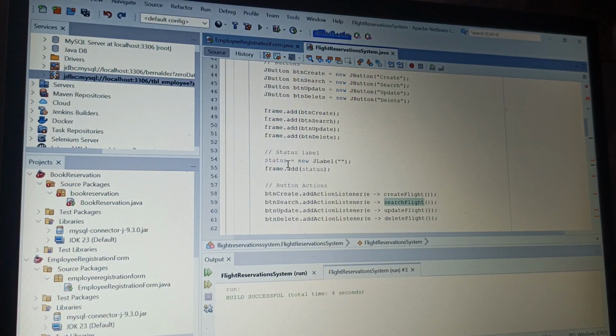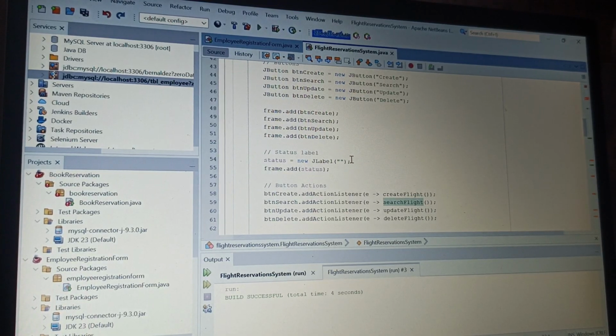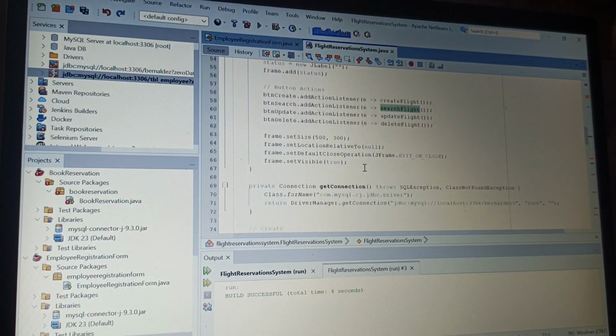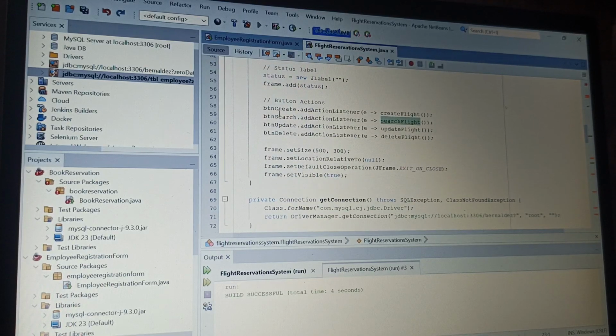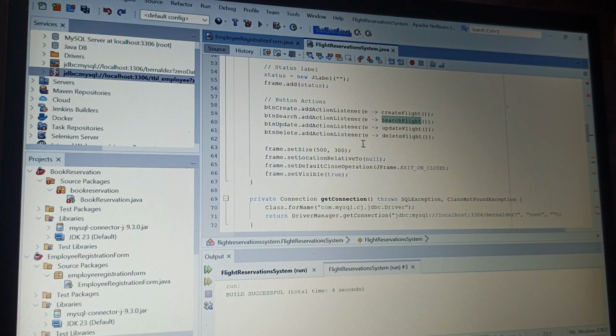And in this status, new JLabel, the status label, a label to display feedback messages to the user, success or failure. So we need to move to the button actions in here. Set up event listeners for each button, calling the respective methods when clicked.